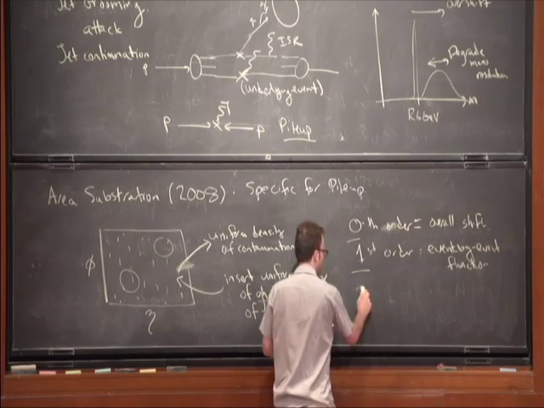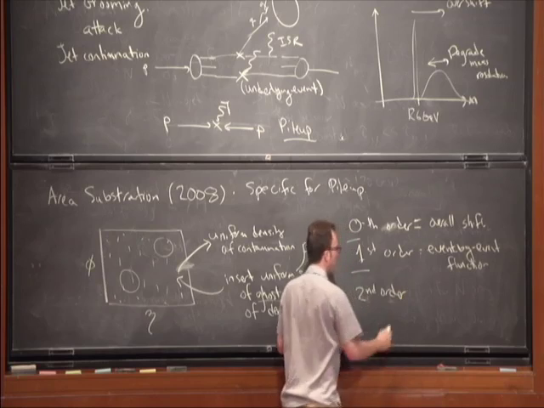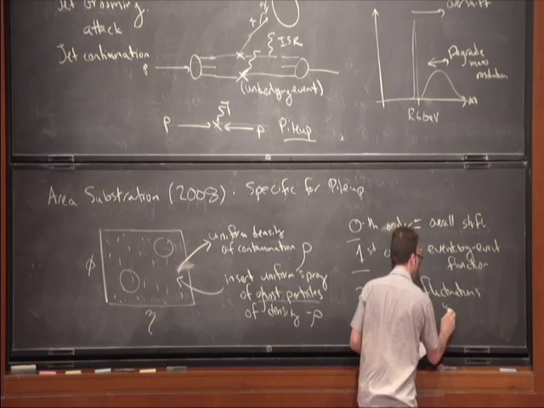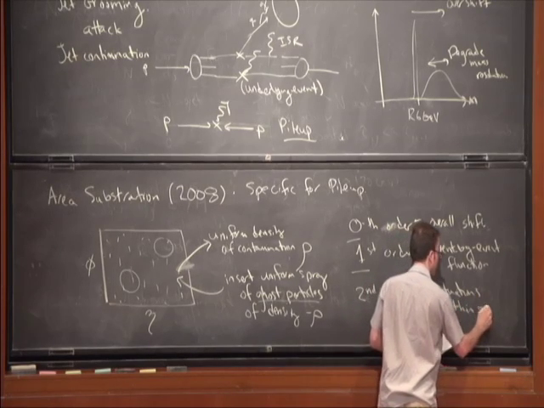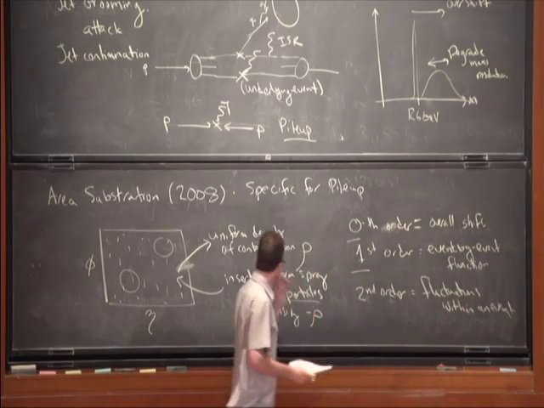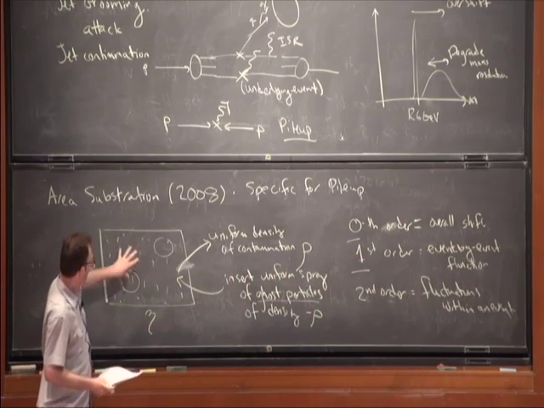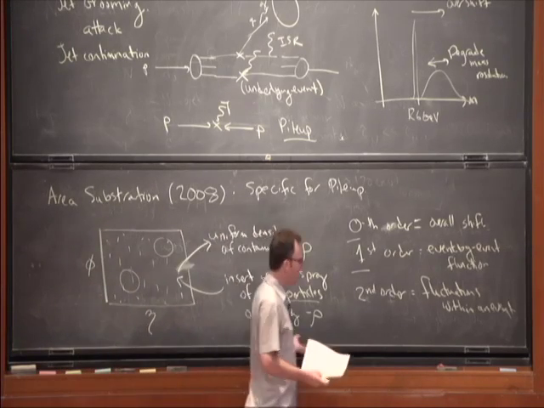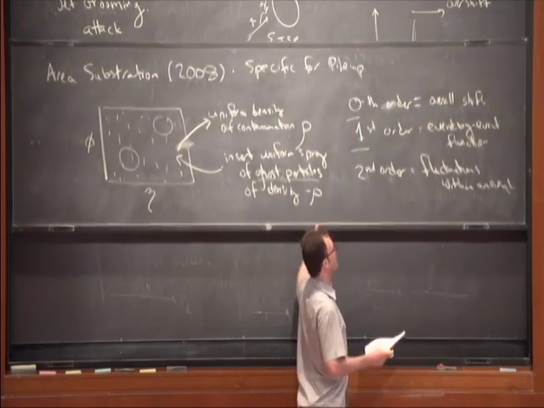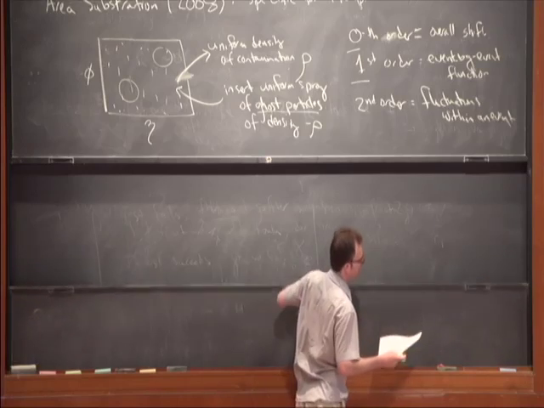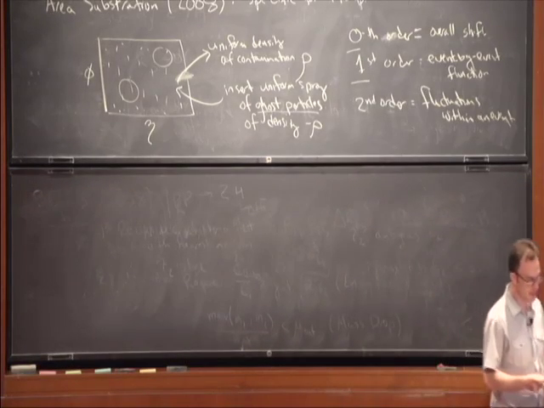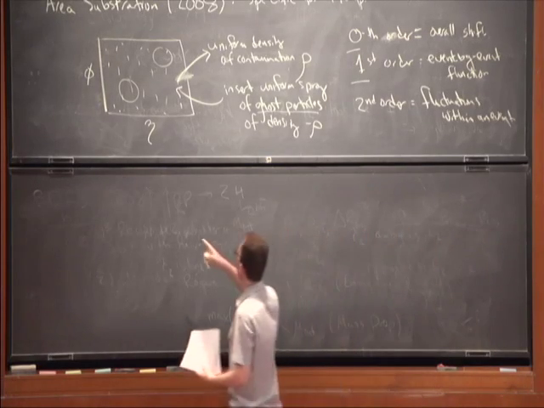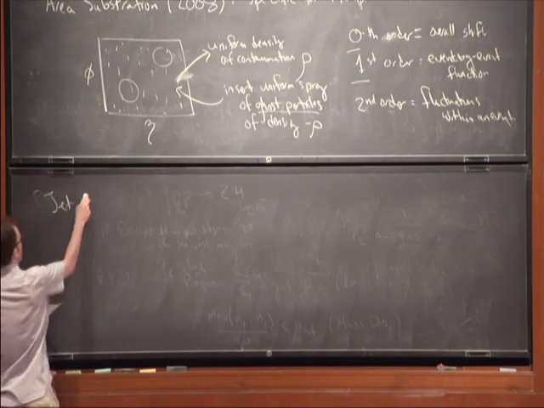So the next thing you'd like to do is go to second order. And you want to deal with fluctuations within an event. That is, you want to deal with the fact that maybe there's more pileup here versus inside the jet, or one jet has more pileup compared to another one. And there, it's a little bit more complicated about how you do things, and I would say it's an evolving field for deciding what the best way to deal with fluctuations within an event would be. But when people talk about jet grooming, what they're really talking about is more of this second order effect. So what jet grooming aims to do,